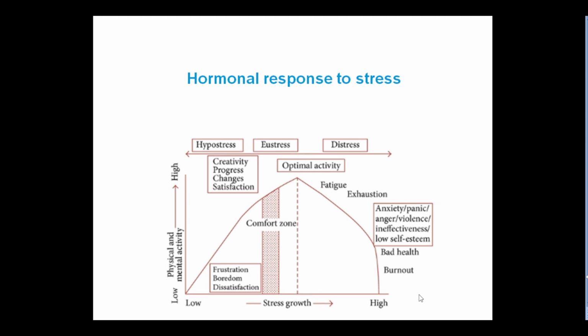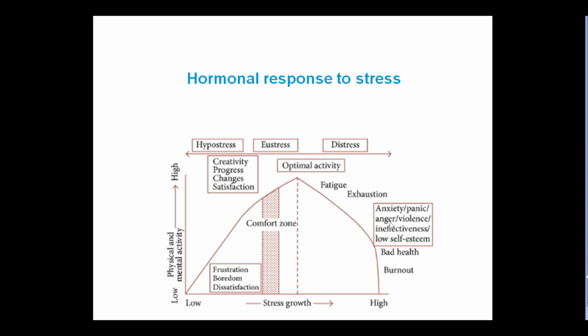So, alarm and resistance are the stages that we experience many times throughout a lifetime, and they allow us to adapt to life's demands. And if there is prolonged secretion of all the stress hormones during the exhaustion state, it might lead to harmful effects of stress, leading to diseases. But if you manage to remain within the comfort zone, and if the stress is not too long lasting, adaptation will happen. That's the optimal activity, what is called eustress or positive stress, when you manage to adapt to the